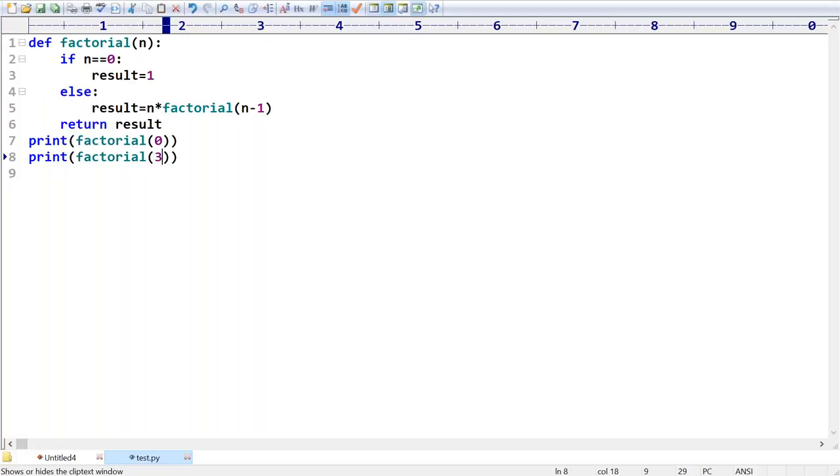If it is a normal while loop, very easily we can do. But if I use the same function again and again, then maybe there is a chance of problem. Yes, I hope you can understand, right? Sir, that's all. This is the basic idea about recursion.